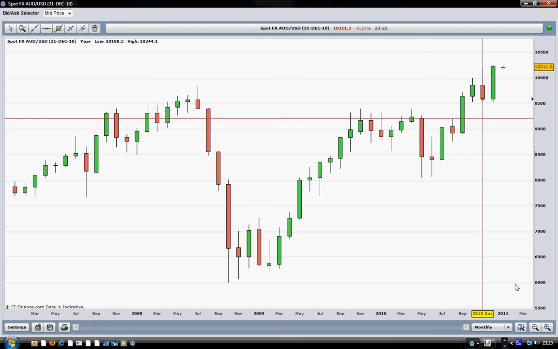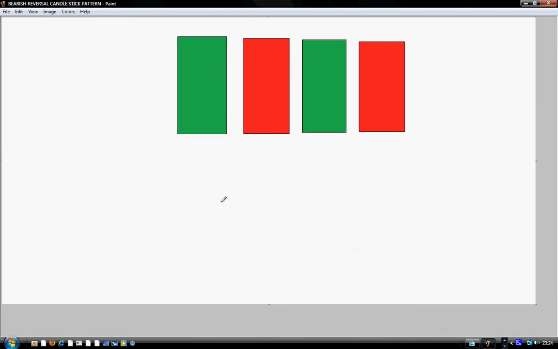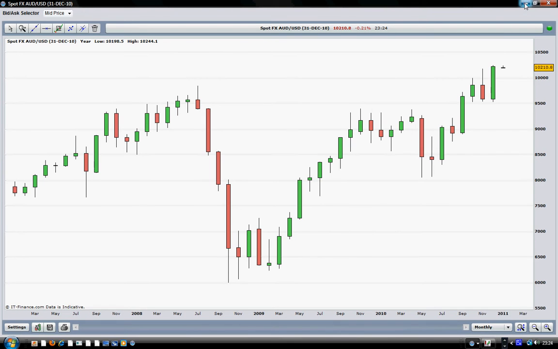So the pattern that we are looking for is to see one up, one down, one up, one down. The pattern of one up and one down is in fact a reversal pattern, but when you have one up, one down, one up, one down, which is a double one up, one down, it's a very powerful bearish reversal pattern. The position of the candle must be on top of an uptrend, very important. So right here we see that this Australian dollar US dollar currency pair was going up, so we have one up, one down. One month completely up, with a shadow on top of the candle, then one down, which is another month,